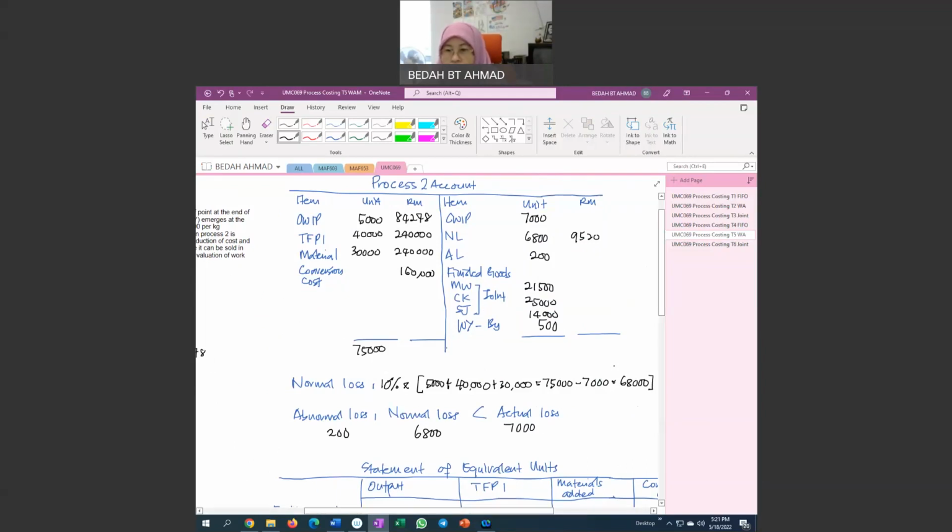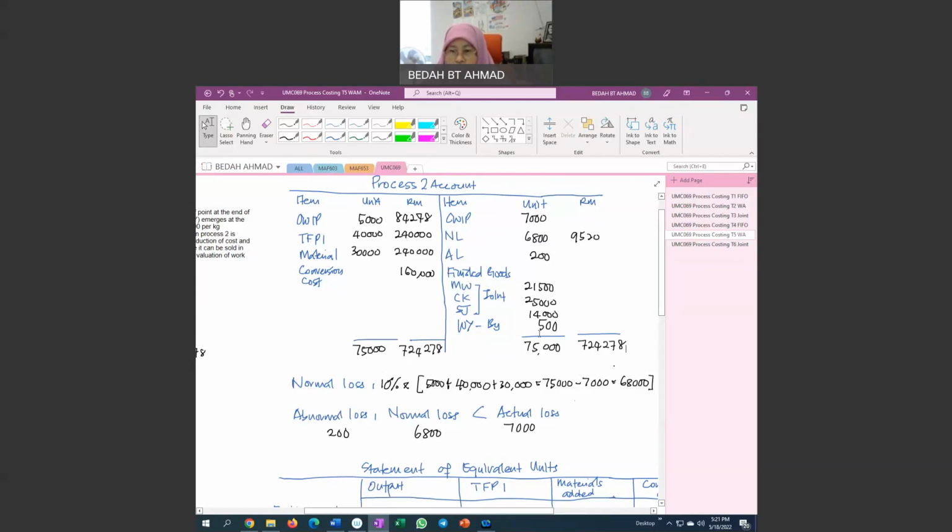Okay, so we get the balancing figure of 75,000. So here is 724,278. Okay, make sure that here also we get 724,278. Okay, so now we want to find the value for all the items: closing work in progress, abnormal loss,